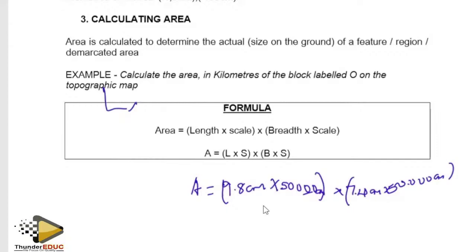You will find out that it's going to be 9.8 times 50,000, which gives you 5